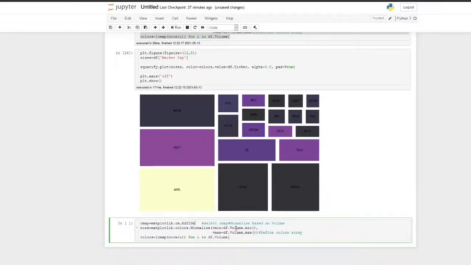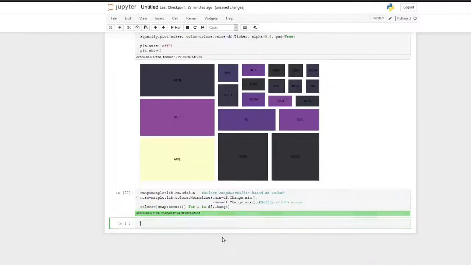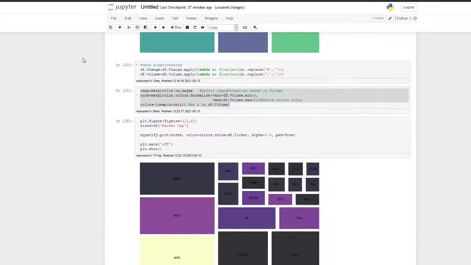So I have to normalize it based on the change. So now I have prepared the color map.